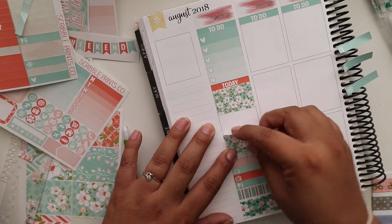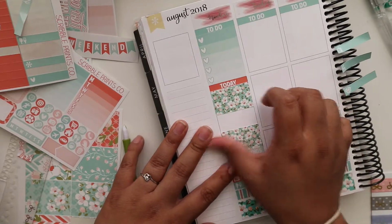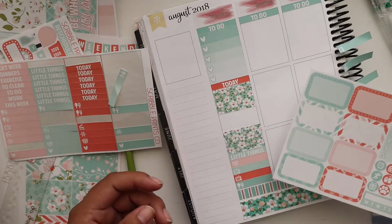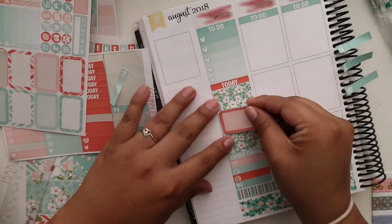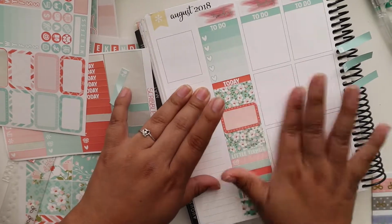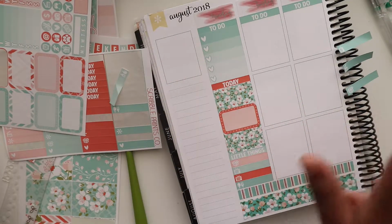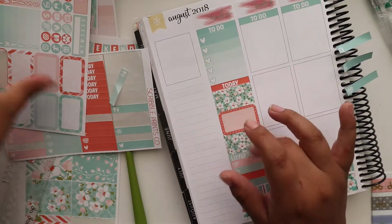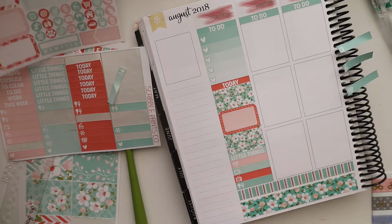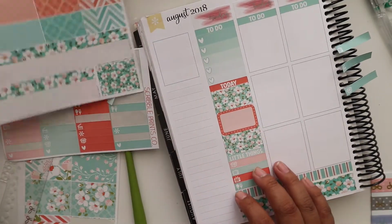And then I'm just going to put my little chunk of my full box down, and then I'll use an orange-ish half box. I know this is probably going to sound weird, but I feel like sticker paper used to smell different. With some of the old kits I have, I don't know if it's the adhesive that starts to smell different after a while or what, but it definitely does. Okay, then Tuesday